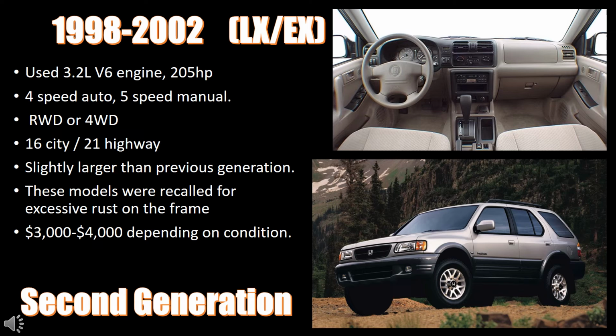The downside, though, is that these models suffered from excessive rust on the frame, causing a mass recall. If you're able to find one of these in decent condition, you can expect to pay anywhere between $3,000 and